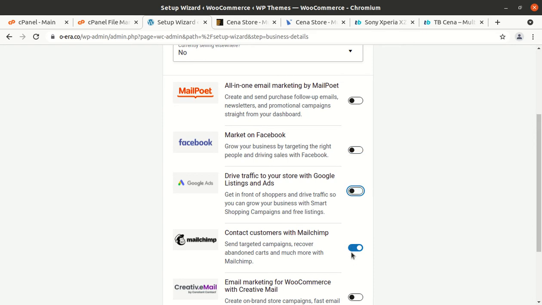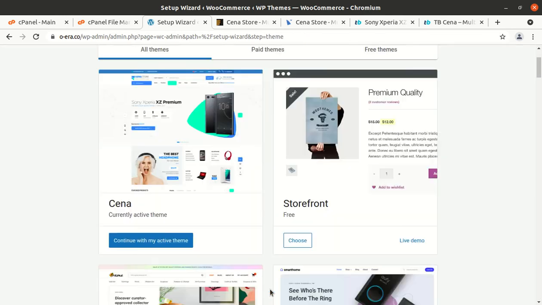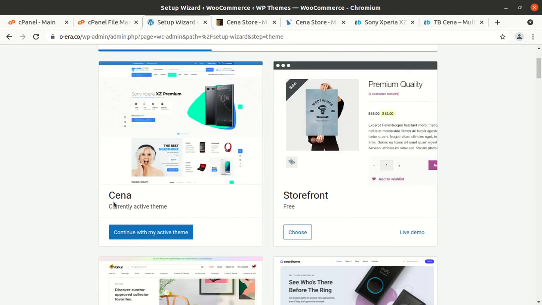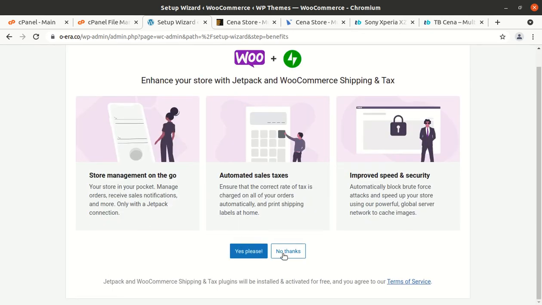These can be installed as required at a later stage. And one important thing is that you need to select Kena here. So simply click on continue with my active theme. No need to install Jetpack for the time being, you can install it later.